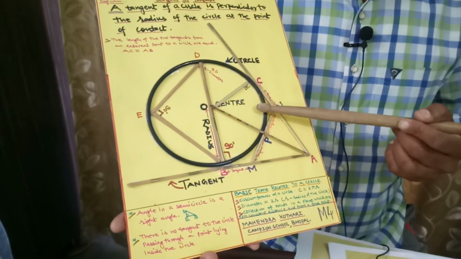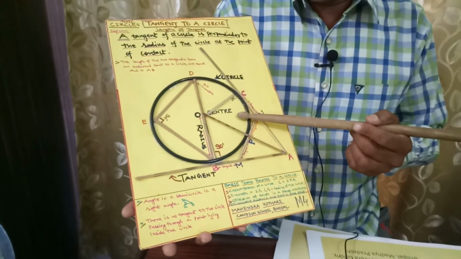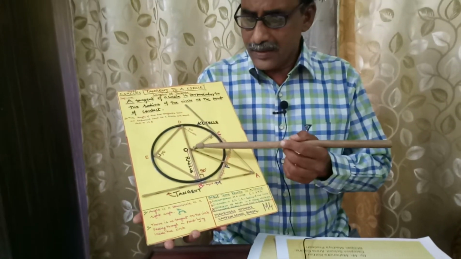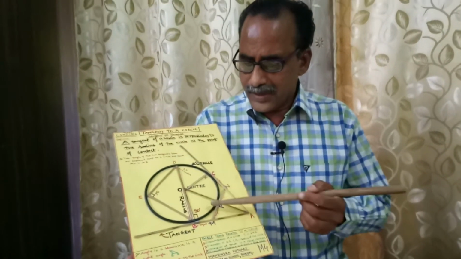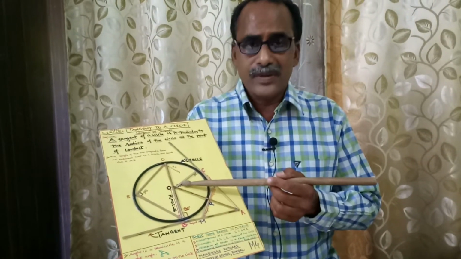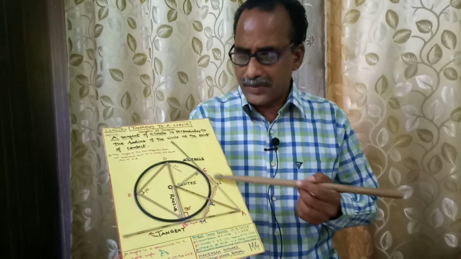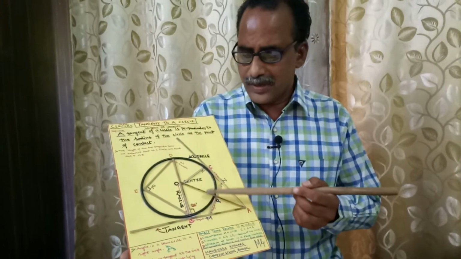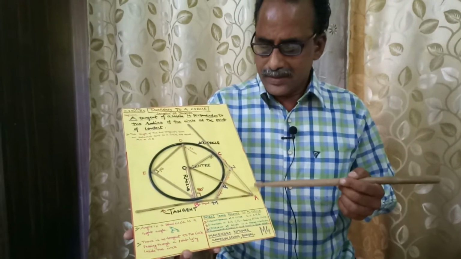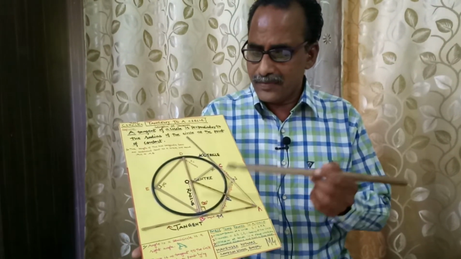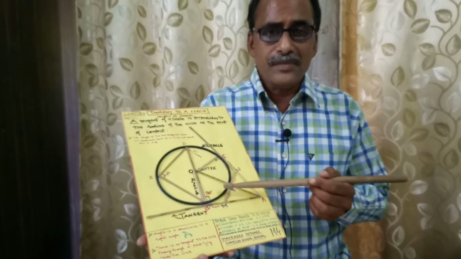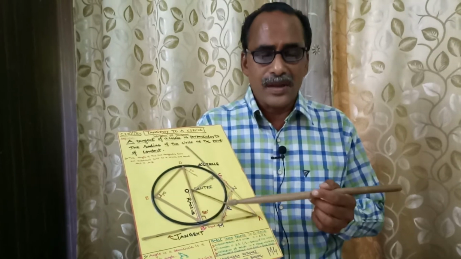Now we have two triangles, and we can prove them congruent by using the RHS congruency theorem. The radii are equal in these two triangles, OA is the common side, and obviously the radius is perpendicular to the tangent. So by RHS congruency these two triangles are congruent, therefore the tangent lengths drawn from the outside point are of equal length. This teaching aid can be used even in lower classes and is very useful.